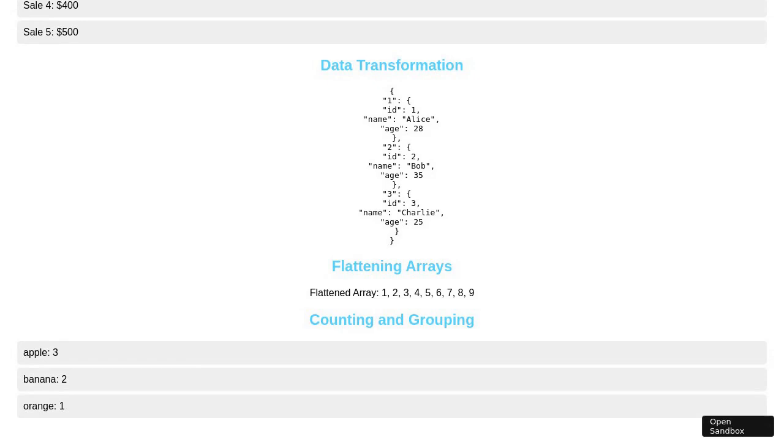In the first section, you find the summation of sales figures. The total sales amount is calculated and displayed, along with a list of individual sales figures. Moving on, you encounter a data transformation section where user data is neatly aggregated into an object format. Next, nested arrays are flattened to a single array, demonstrating reduce's capability in handling nested structures. Finally, in the counting and grouping section, fruit items are counted and grouped, showcasing reduce's utility in organizing and compiling